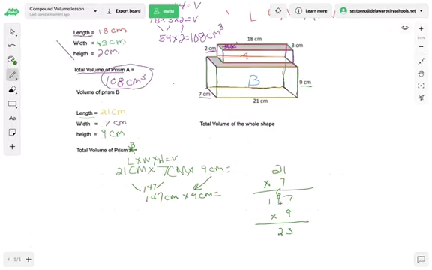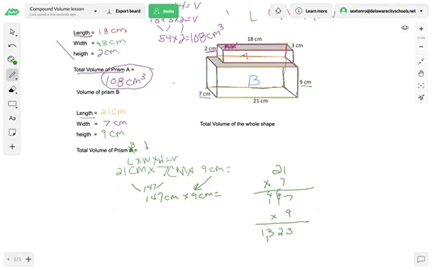Wait a minute, I lost my place. Yep, 42. 9 times 1 is 9, plus 4 is going to be 13. Wow, I get 1,323. So that means the volume of prism B